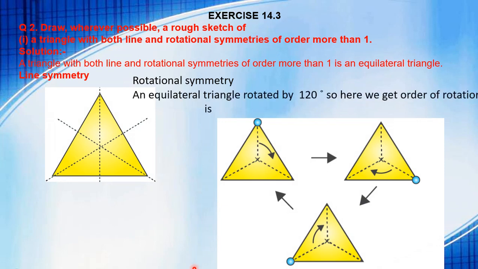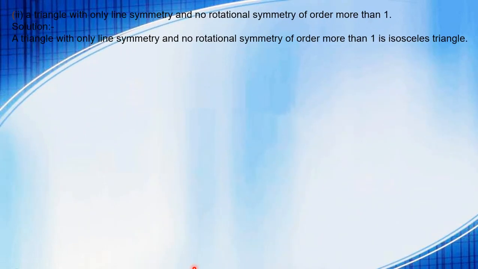We can say an equilateral triangle, when rotated by 120 degrees, gives order of rotation 360 upon 120, that is 3. So here we can say the order of rotational symmetry in an equilateral triangle is 3, and the number of lines of symmetry is 3. Now the next question, a triangle with only line symmetry and no rotational symmetry of order